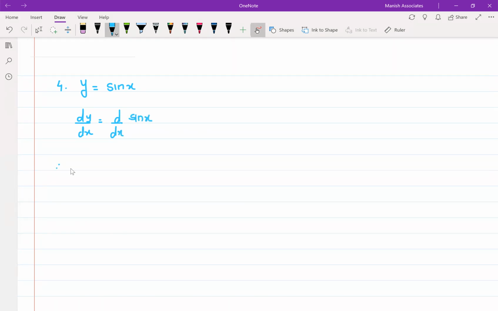So I can write therefore y1 is equal to dy by dx is equal to, now derivative of sine x is cos x. Fine, everybody? Now this cos x, I'm sure you will understand, we can also write as sine of pi by 2 plus the angle. Sine of pi by 2 plus angle is nothing but cos x. All right. This change I have done because my original function was sine. So I always want to get a final answer in terms of sine. That is the main idea.